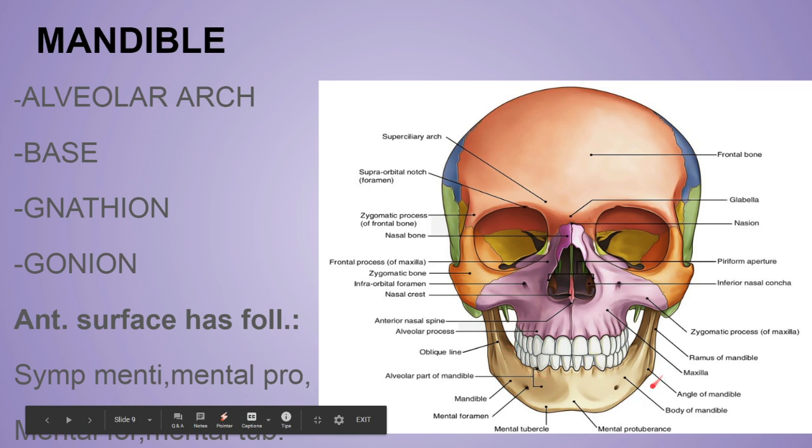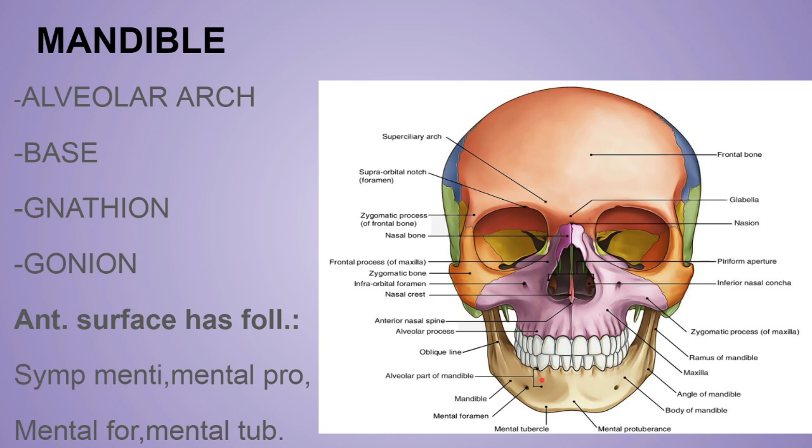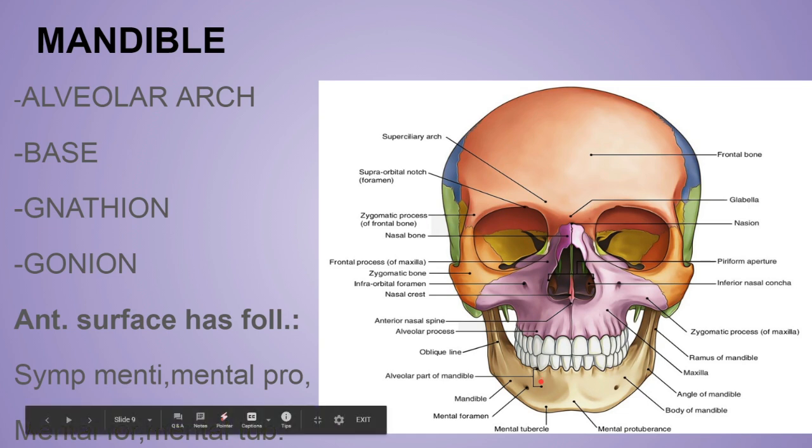So in short, till now we did 4 foramens, right? This, and over here again the mental foramen between the two premolar teeth. Now next is the oblique line. The oblique line actually runs upwards and backwards, from the mental tubercle to the anterior border of the ramus of the mandible.